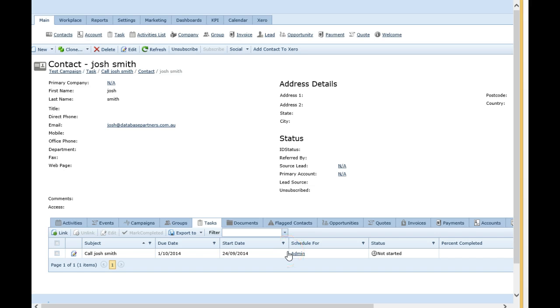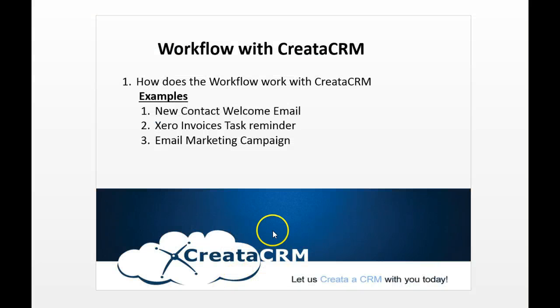So what we've seen here just in Creator in the examples is that you can actually create all these triggers for your database to work well for you. First, when you create contacts, you can send automatic emails. That helps with having a soft touch with the client. The other way is helping your accountancy system link to your Creator, so you can make sure that your accountancy system follows up bad invoices. And also on the email marketing side, when you send email marketing out, you can get it tagged to